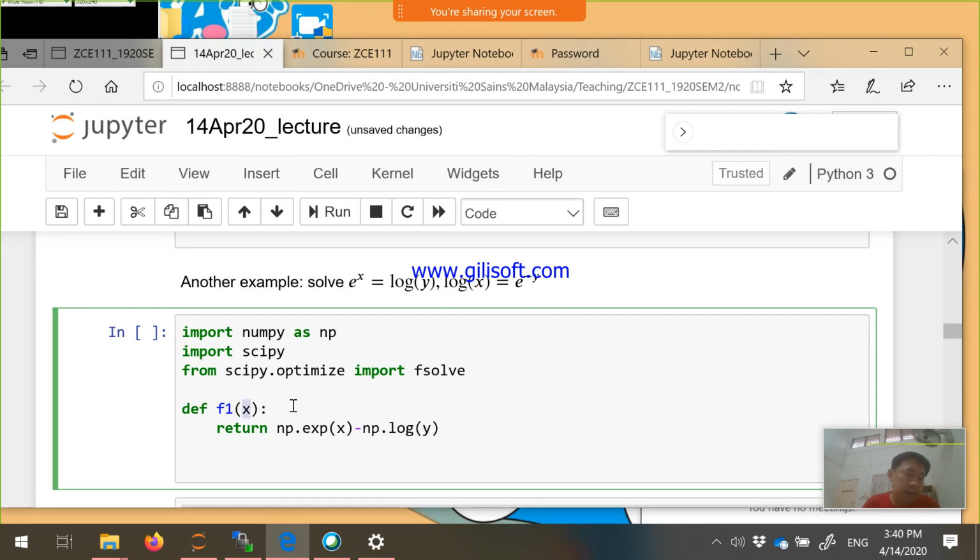But we have to be very careful. Here, this x is the argument that goes into a function f1. So this x should contain two components. Okay, and in this function, what goes into the exponent is the first component, what goes into this y is the second component. So you have to be a bit careful. So maybe I'll just call this xarr. So that would make it explicitly clear that what goes into the f1 is a variable which is itself an array. An array comprised of two variables. The first variable in